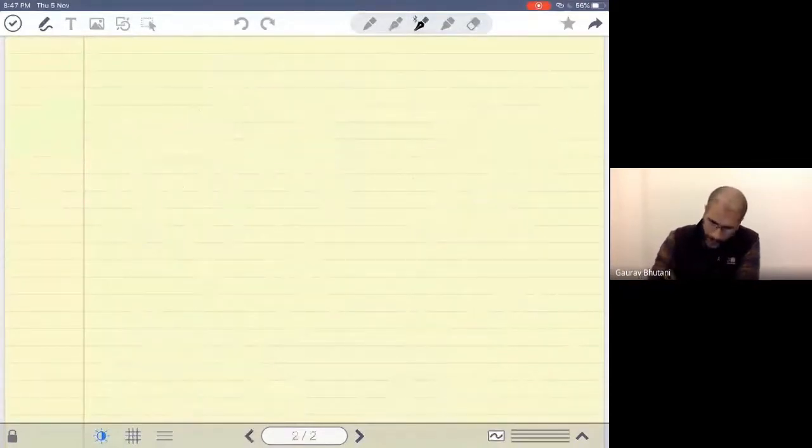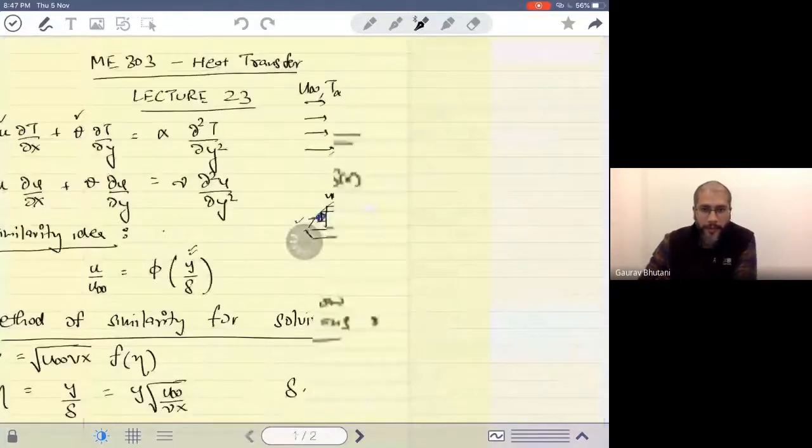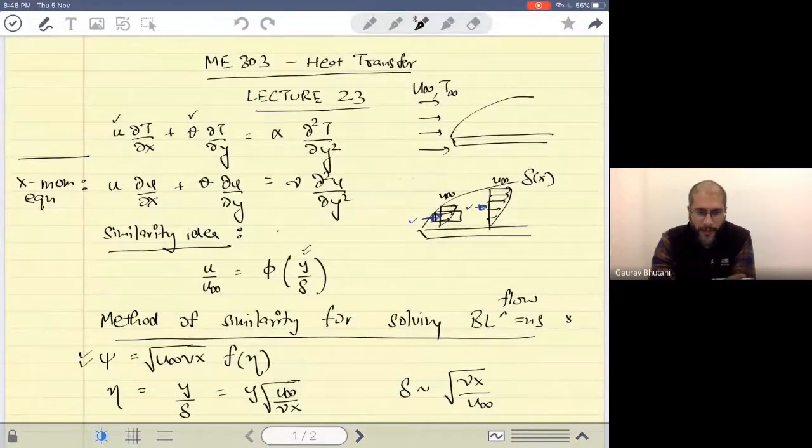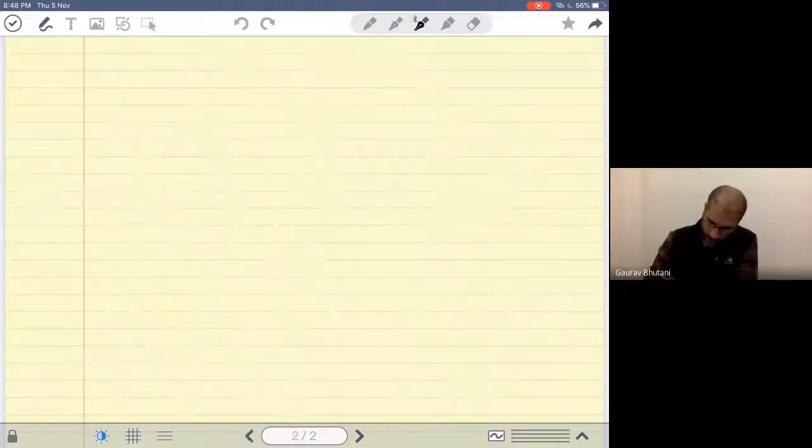Okay, so since we defined this stream function, which is psi, we can use it to calculate the x and y velocities, that is u and v. So let's show how to calculate u. So u, as you know, in terms of the stream function, is simply del psi by del y. So if I substitute this expression for psi, I simply get